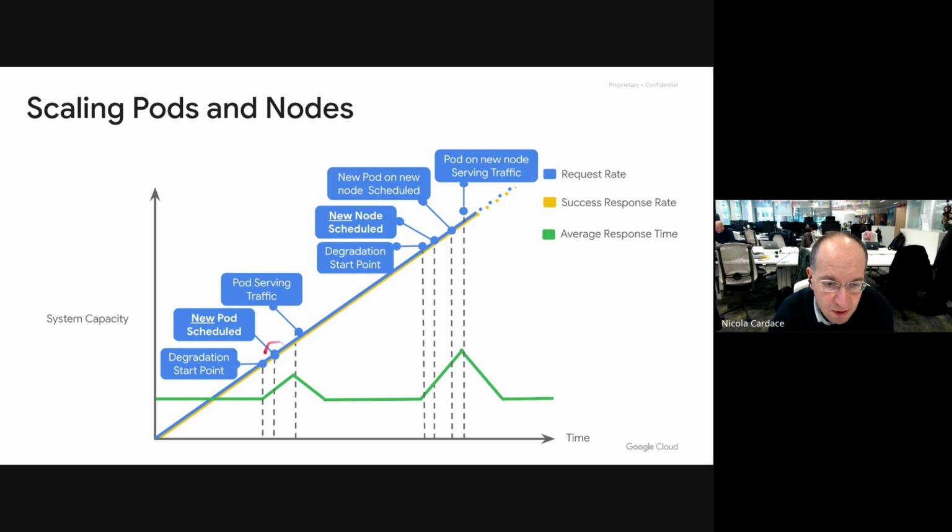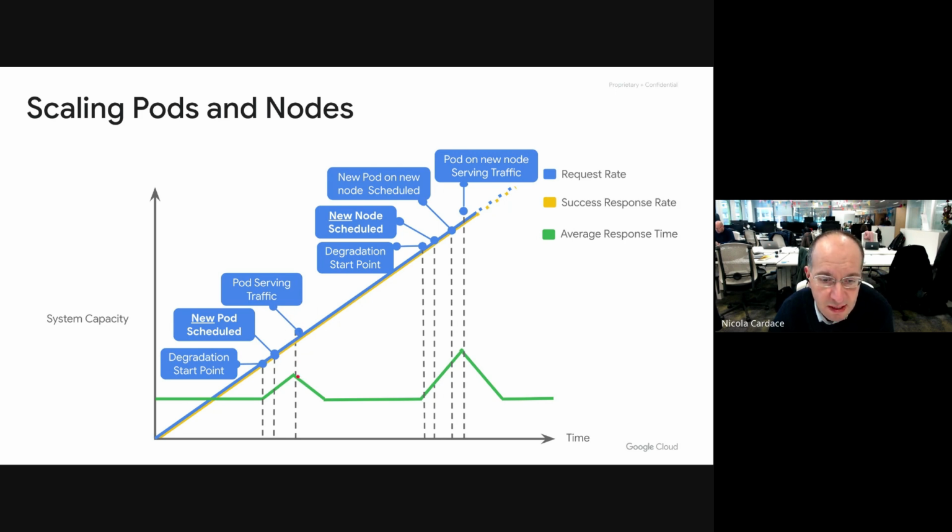Okay, so what's happening is that Kubernetes will decide to schedule the new pods, so new instances of the runtime, and this is not instantaneous. It will take a few seconds for the pods to be deployed, and they will start serving traffic. They will be joining a load balancing group within Apigee ingress, which is effectively a load balancer within the Kubernetes cluster, no matter if it's X or hybrid. And then those pods will start serving traffic.